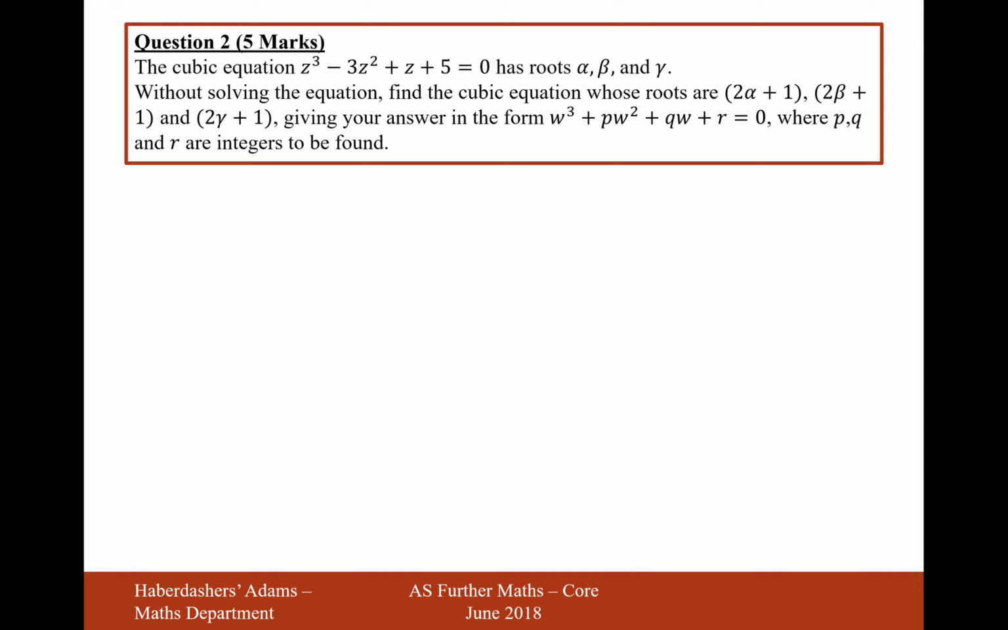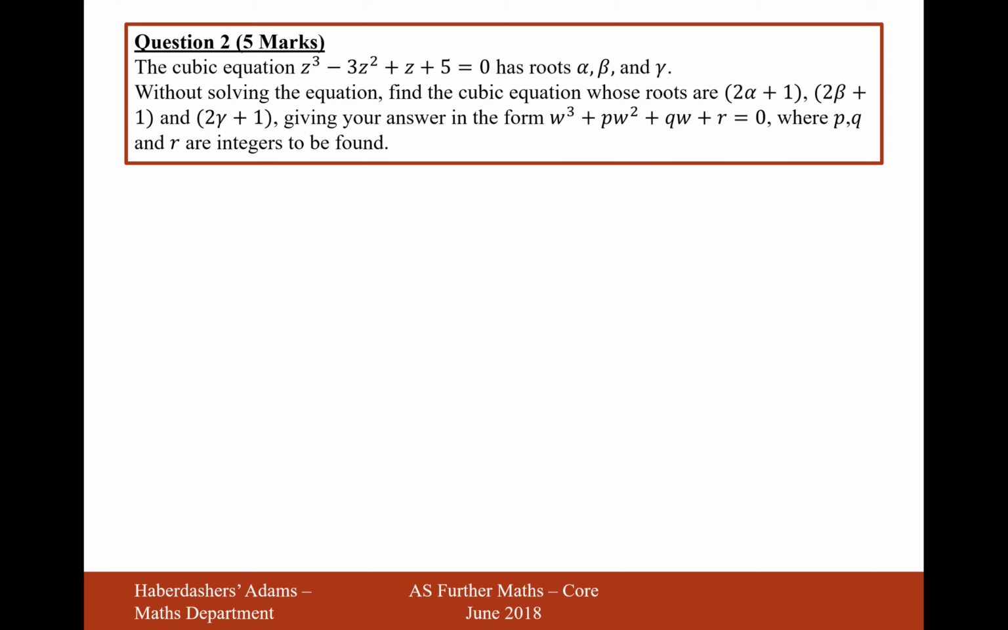Here we're looking at question 2. So the cubic equation, z cubed minus 3z squared plus z plus 5 equals 0, has roots alpha, beta and gamma. Without solving the equation, find the cubic equation whose roots are 2 alpha plus 1, 2 beta plus 1, 2 gamma plus 1, giving your answer in the form of w cubed plus p w squared plus q w plus r equals 0, where p, q and r are integers